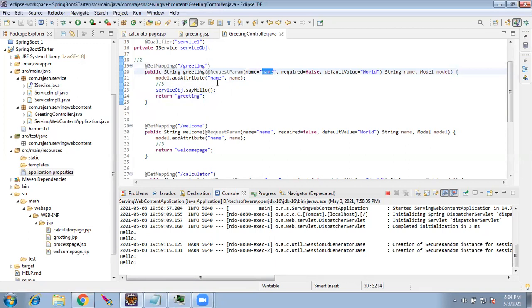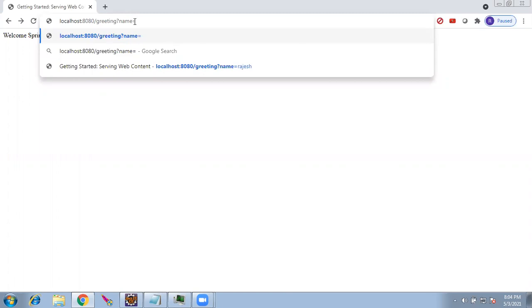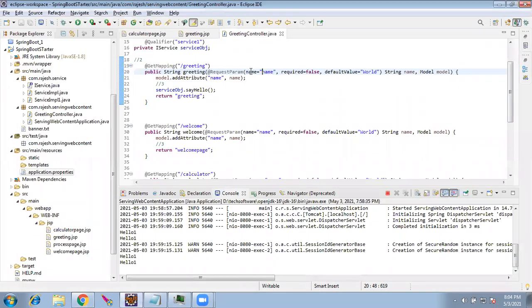If I need to send out a parameter, we saw in the servlet, question mark name equal to my name. So this is how we gave the request parameter. The same way we'll give the request parameter, and that would transfer here, and that will come here as the name. Now what we are going to do, we will create one interface.